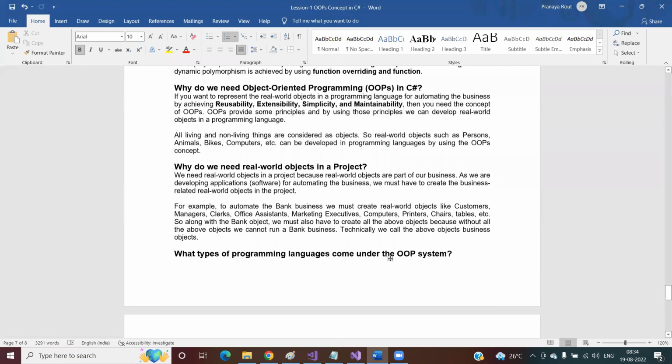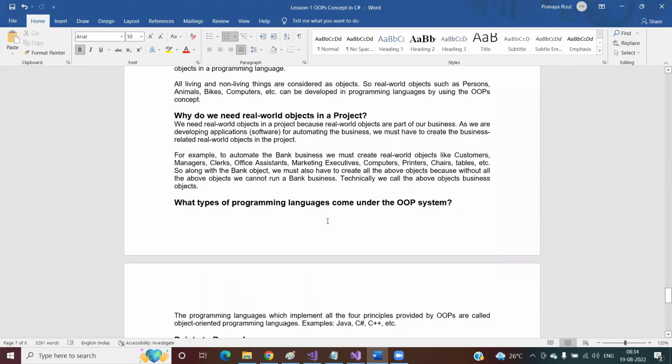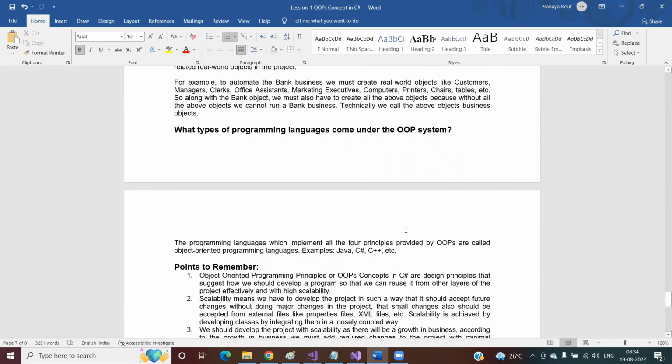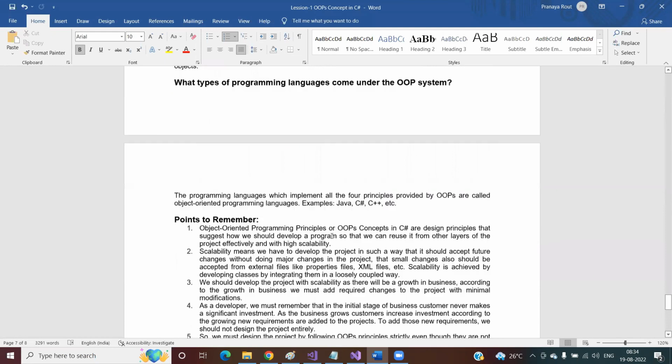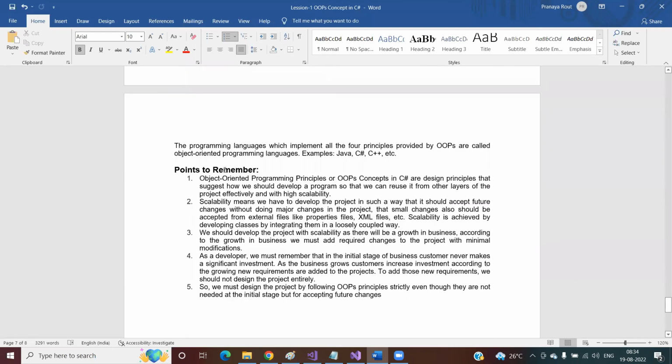And what programming languages come under the OOPS concept? The programming languages which support the 4 principles provided by OOPS come under OOPS programming languages. And this is the main objective point or note that you need to remember. If you are developing using the OOPS concept, these are the things